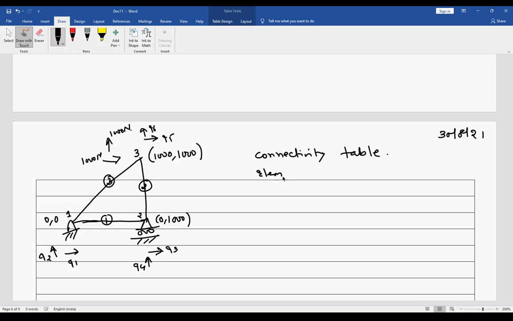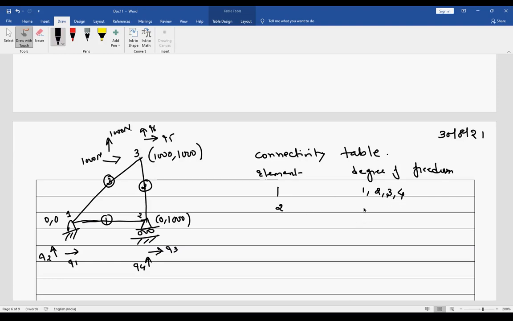So I have the elements and I have the degrees of freedom. So my element 1 is connected to Q1, Q2, Q3 and Q4.